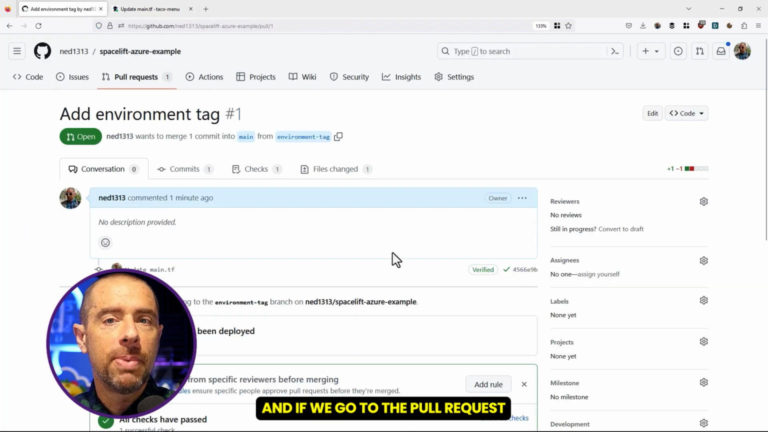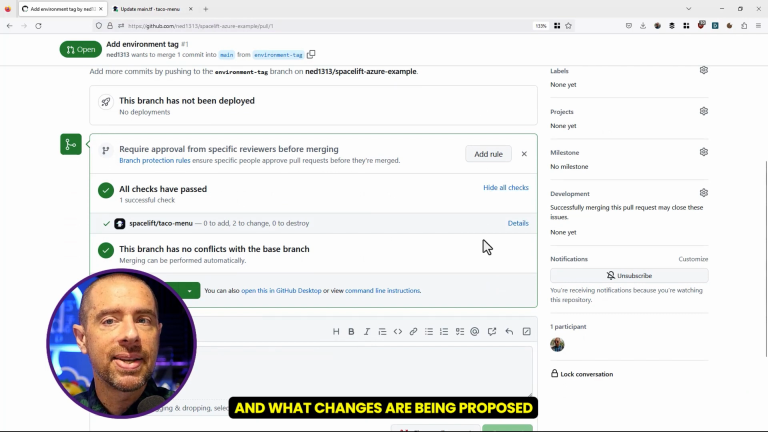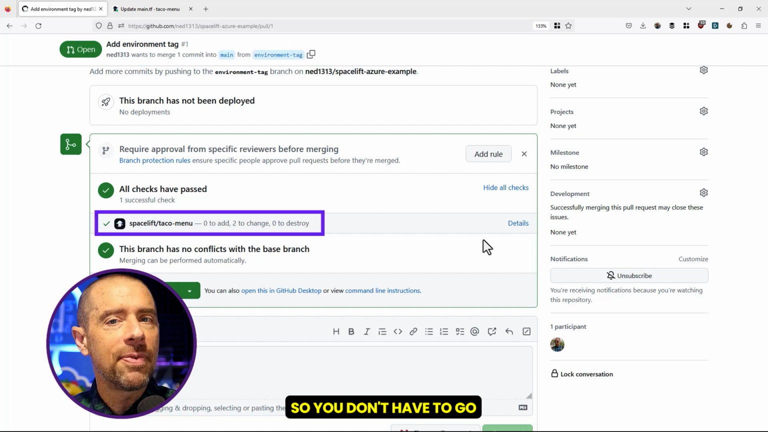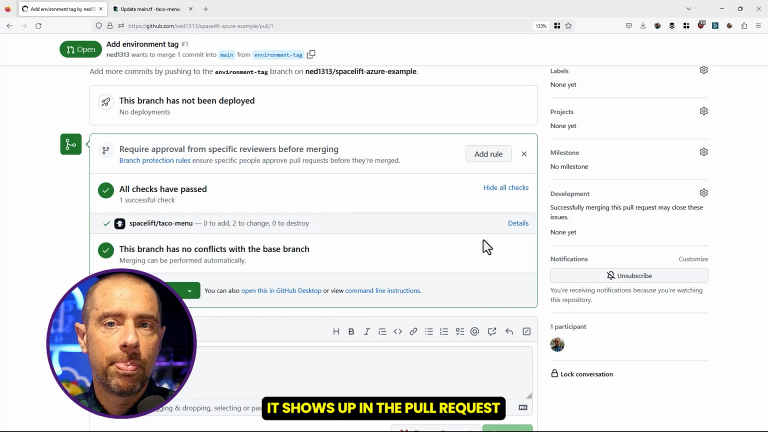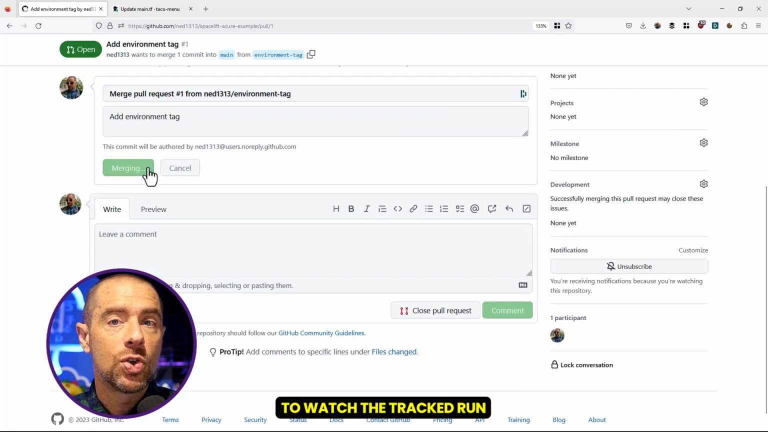And if we go to the pull request over in GitHub, we can see all the checks have passed and what changes are being proposed to our infrastructure. So you don't have to go into Spacelift to check on the status of a run, it shows up in the pull request. I'm going to merge the pull request and head back to the stack to watch the tracked